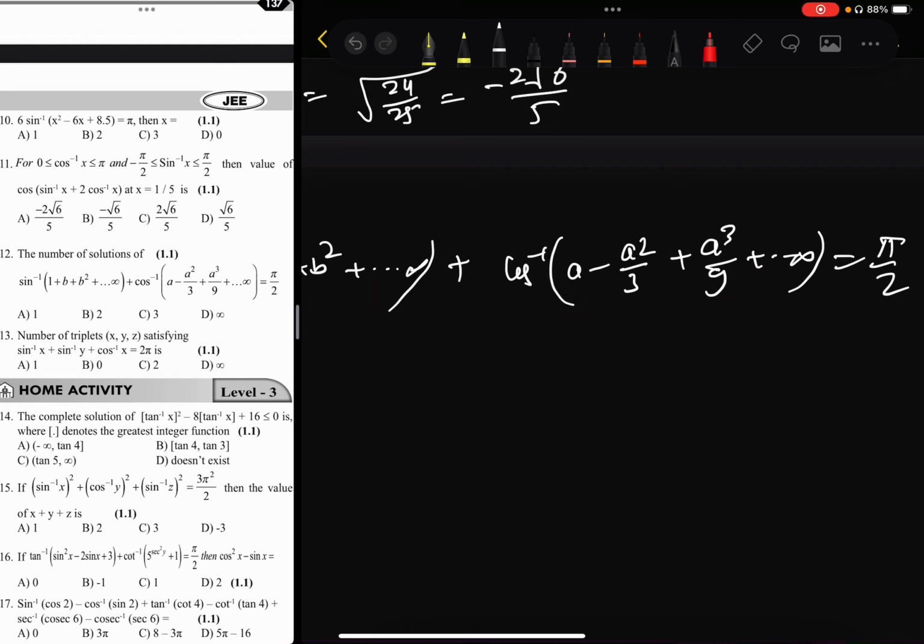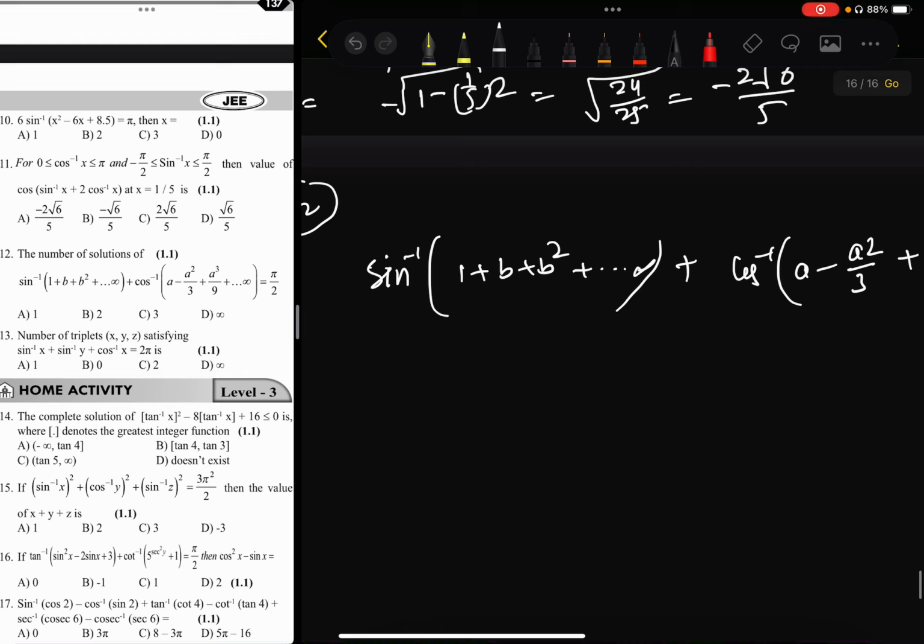Now that means here this sum, 1 plus b plus b square up to infinity, should be less than 1 and greater than or equal to minus 1. So if the sum up to infinite terms is lying between minus 1 to 1 only,